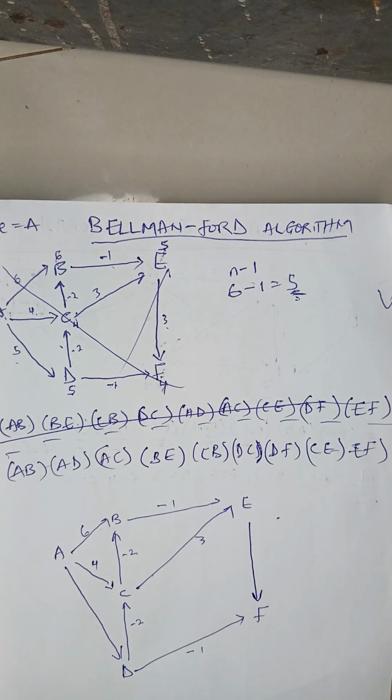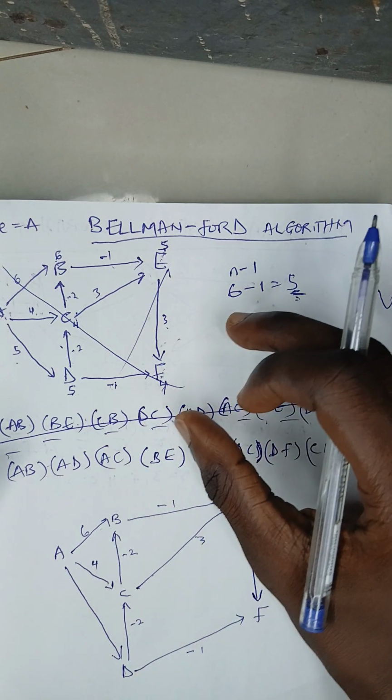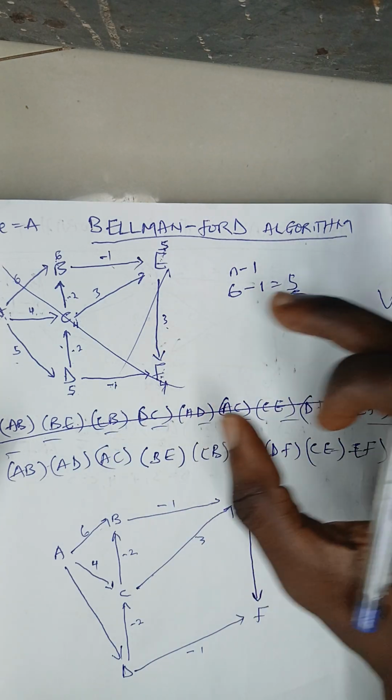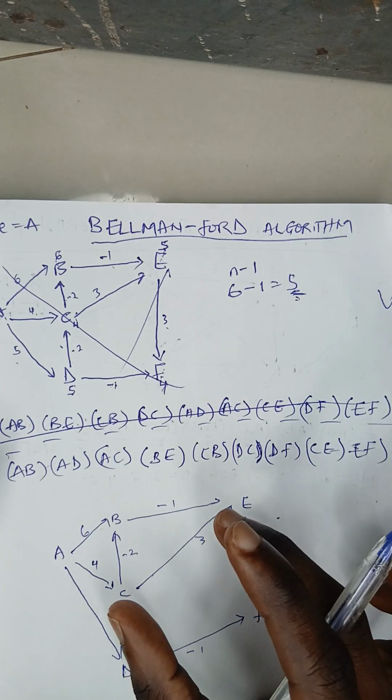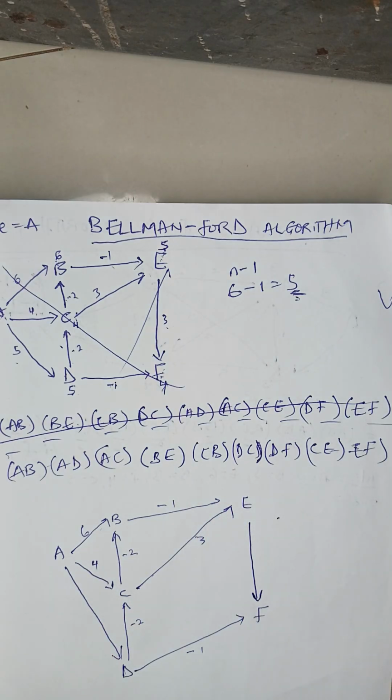Into the Bellman-Ford algorithm. In the Bellman-Ford algorithm, the advantage is that you can work with negative numbers. Okay, I solved it here, but it was becoming messy, so I decided to make it clean. So, in the Bellman-Ford algorithm, what you have to do is count the number of vertices: 1,